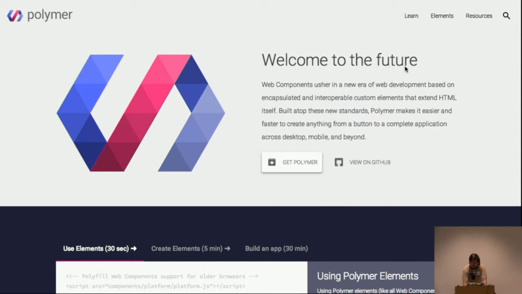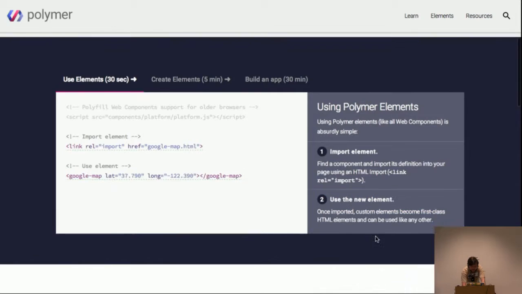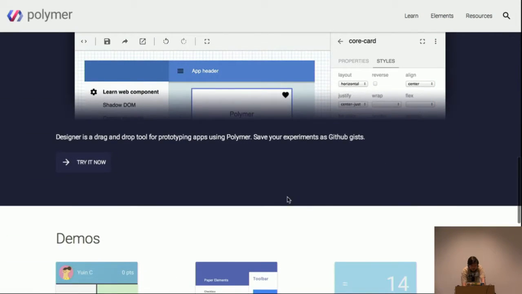So speaking of the Polymer project, let's go into it. Because they have something that is very nice, I just have to find it. Exactly, here we go. So that is the Polymer Designer. And that's one of the opportunities that these standards give you. I could now go and say,